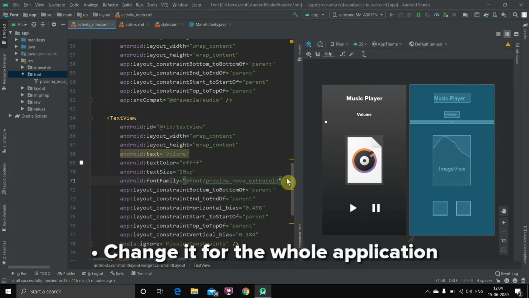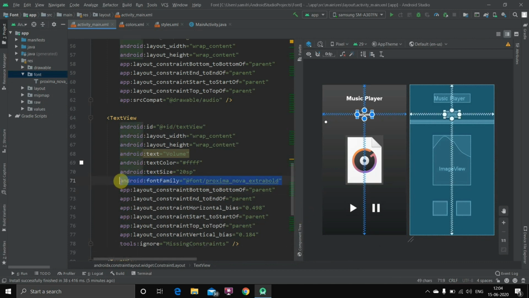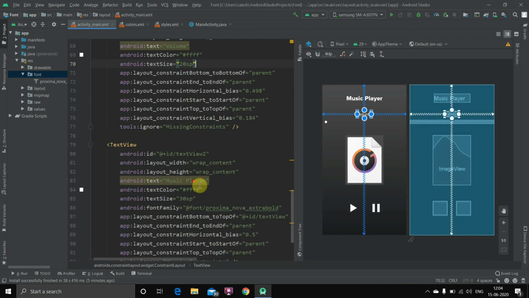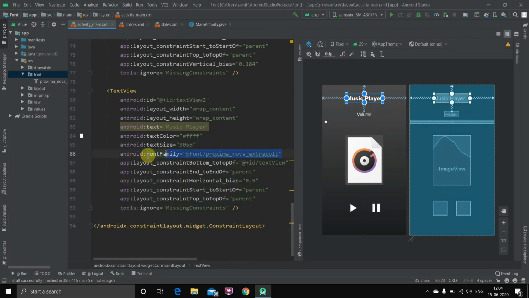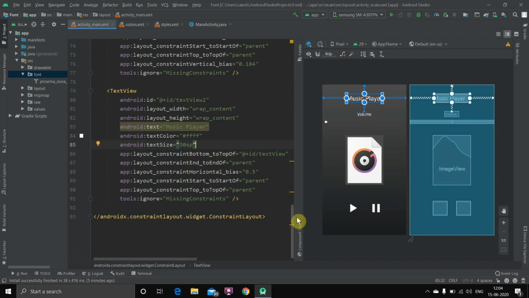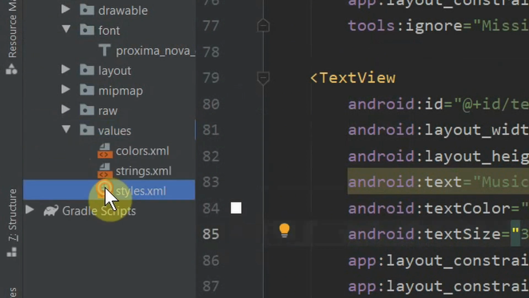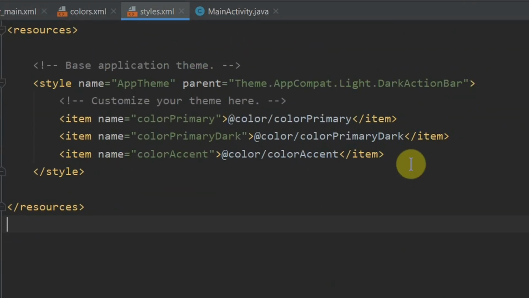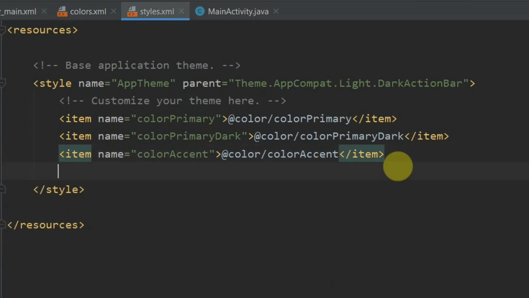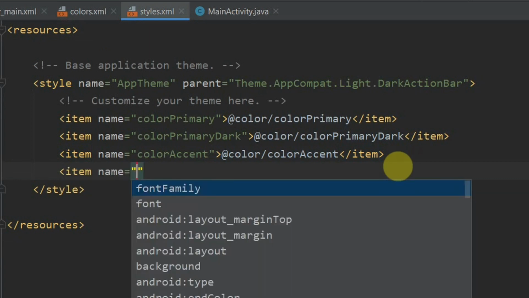Now what we'll do is I'll just first erase these lines. Alright, I'll erase this. Done. They're back to the default. Now what I'll do is we'll go to values and then styles. Now inside styles we'll just have to write one line of code to apply the font to the whole application, which is just open this and then write item.